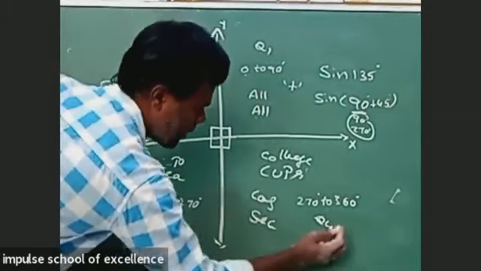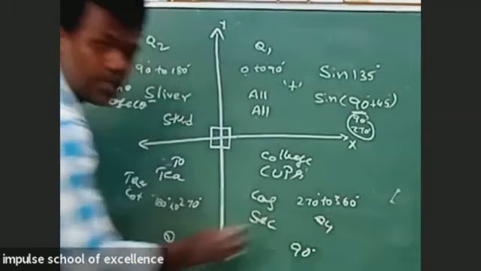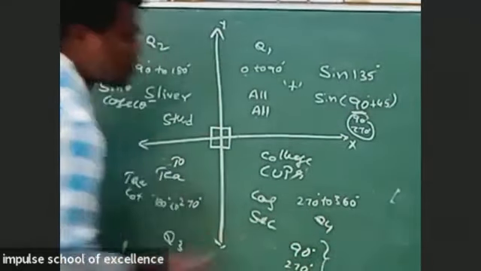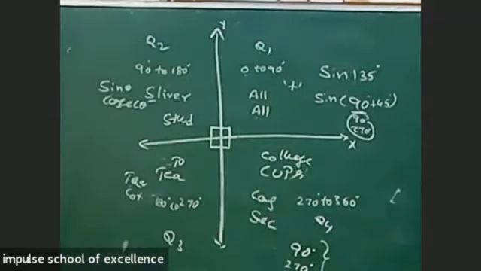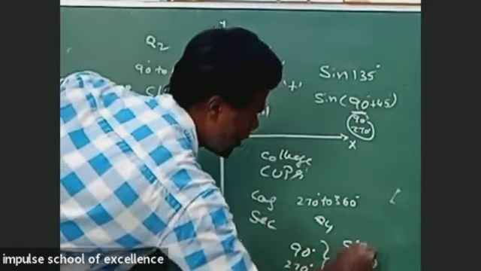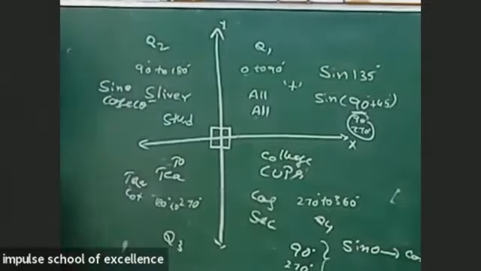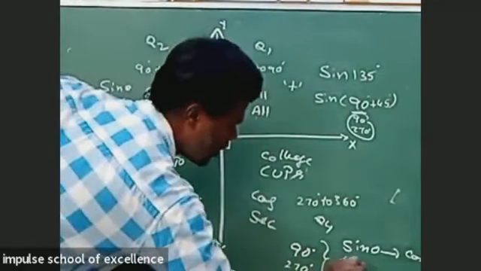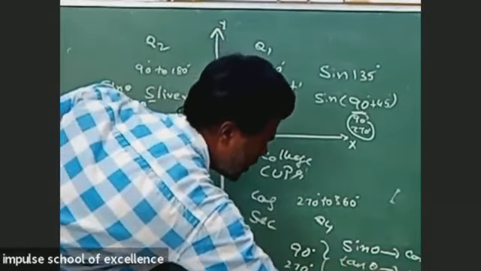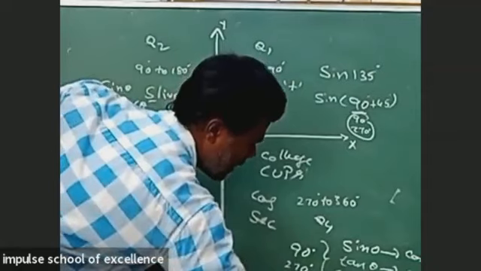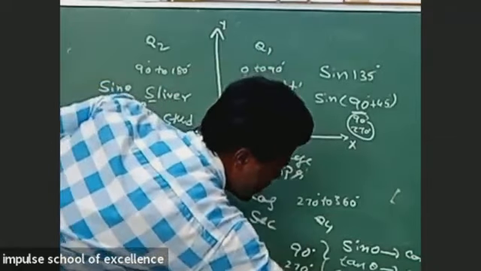Listen, if we have 90 degrees and 270 degrees, then sin theta is going to convert into cos theta, as well as if we have tan theta, then tan theta is going to convert into cot theta. In the same way, if we have cosecant theta, then cosecant theta is going to convert into secant theta.